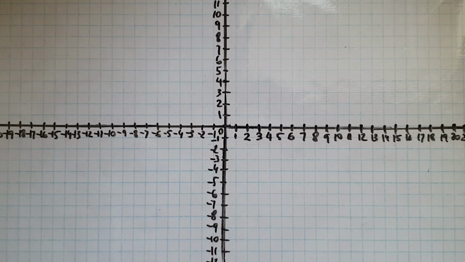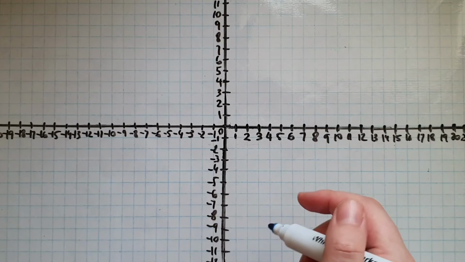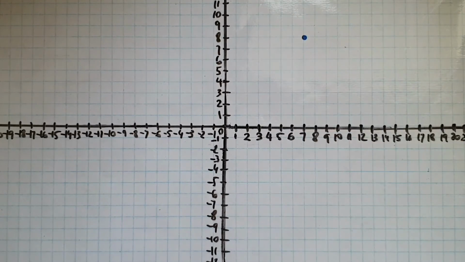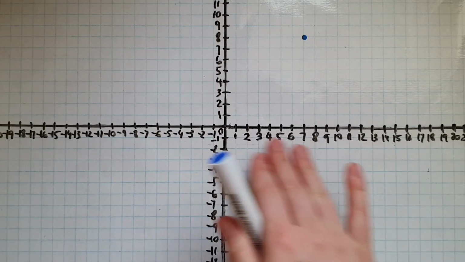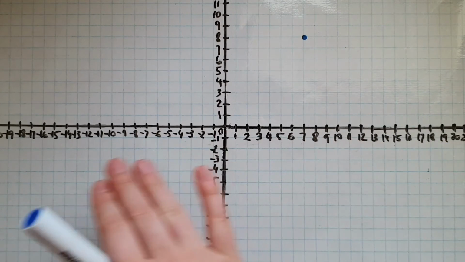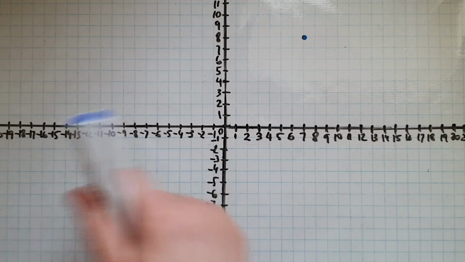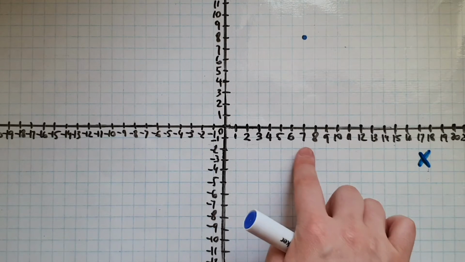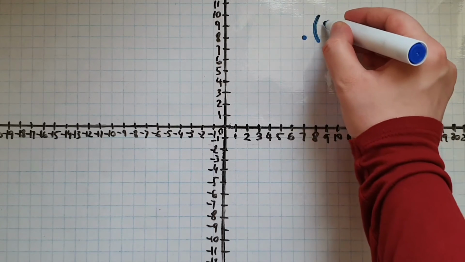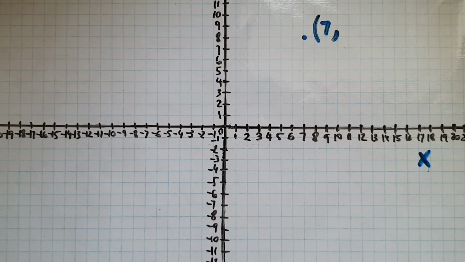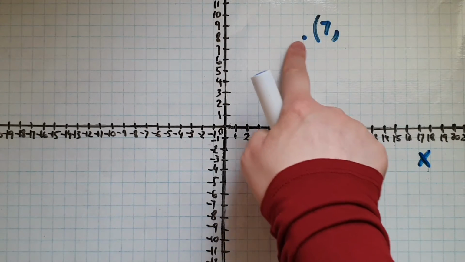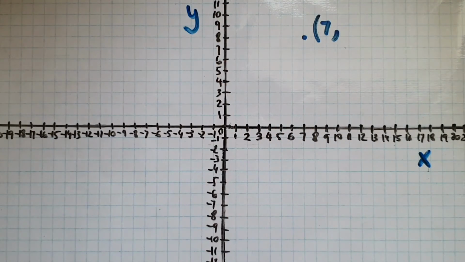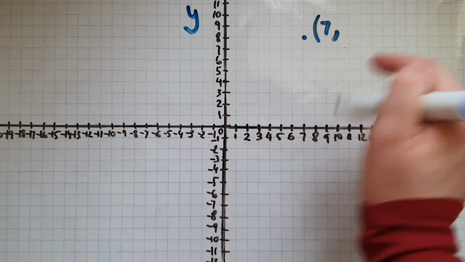So if I am to describe the position of a point, which is right here, I'm going to look first at the position that it has on the x-axis. This is the x-axis, and that is 7. So open brackets, put the 7 in, comma, and then look at the position on the y-axis,